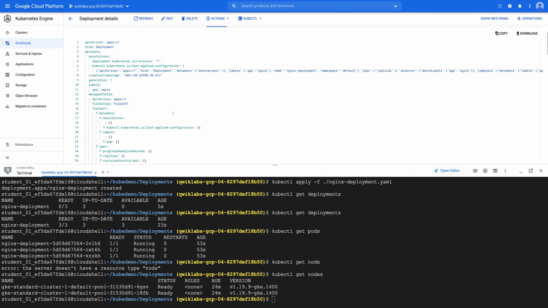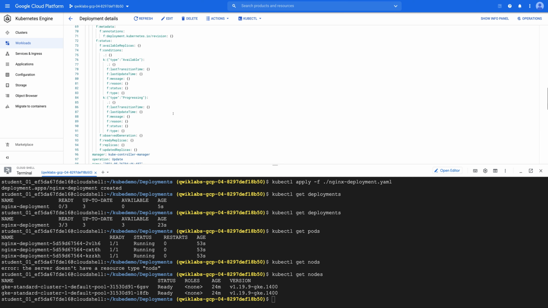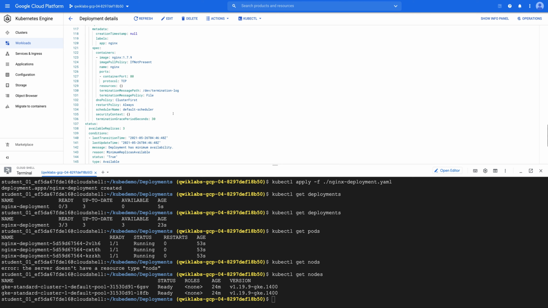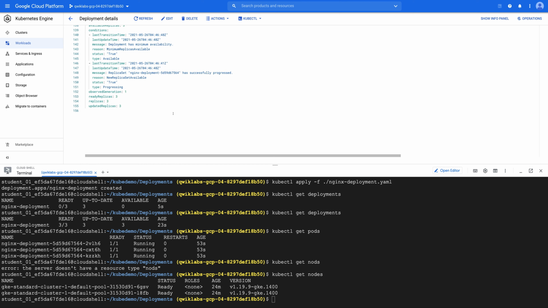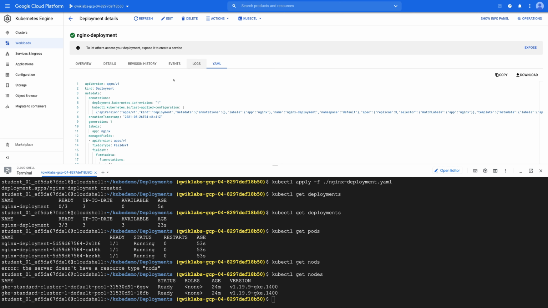This is the YAML file which we sent, and based on that, the GKE cluster created our pods. And you can do some actions here. You can scale them up and down, and you can apply rolling updates and all this information.